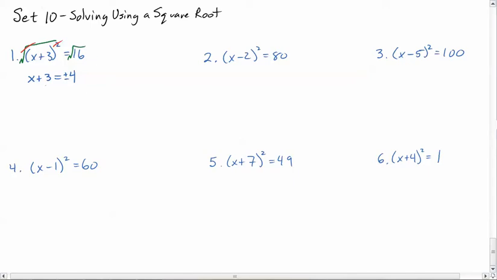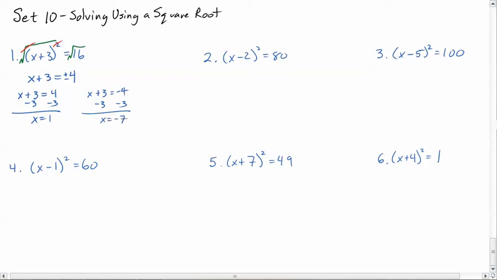Okay, then at this point, you could subtract the 3. I personally like to, at this point, write it as two different equations, at least for my Algebra 1 students, because at this point you really have x plus 3 equals a positive 4, and you have x plus 3 equals a negative 4. And so that makes it a little bit easier to then do the minus 3 and get x equals 1, and then do the minus 3 over here, and negative 4 minus 3 is